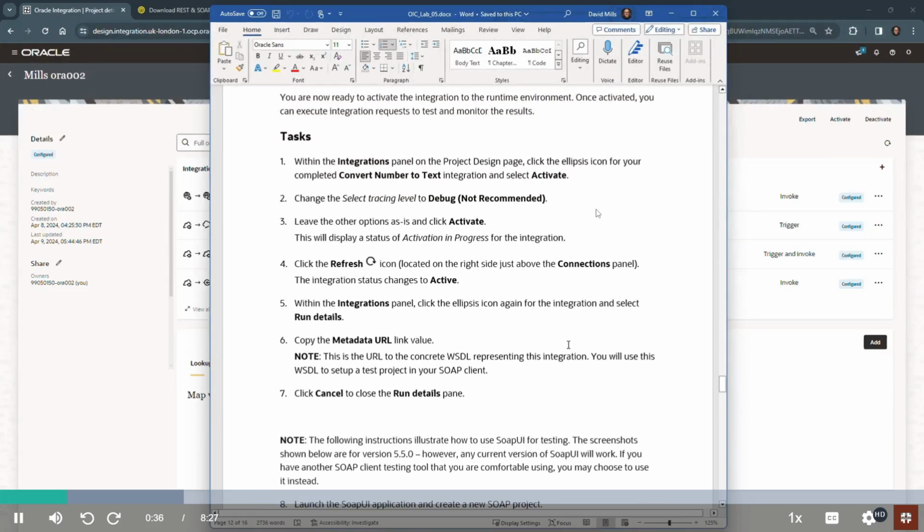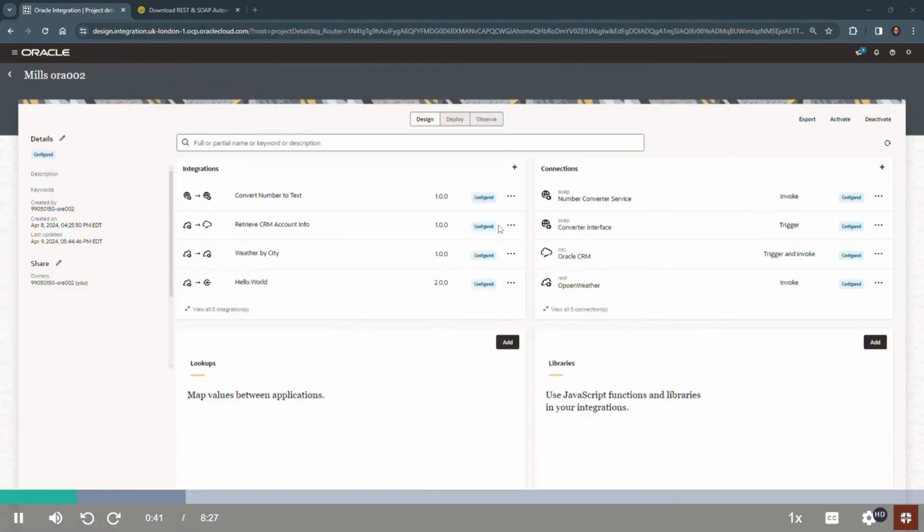Again, you can extrapolate yourself if you're using a different SOAP testing tool. So let's get started with step one. I go to my